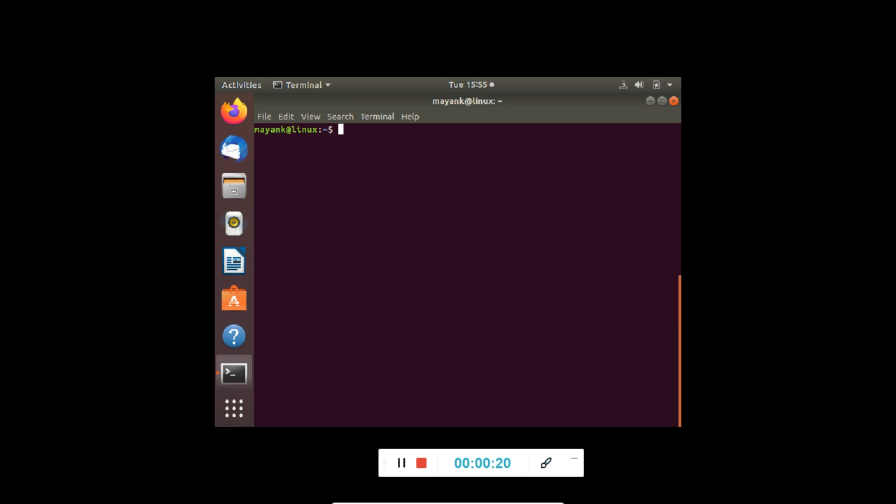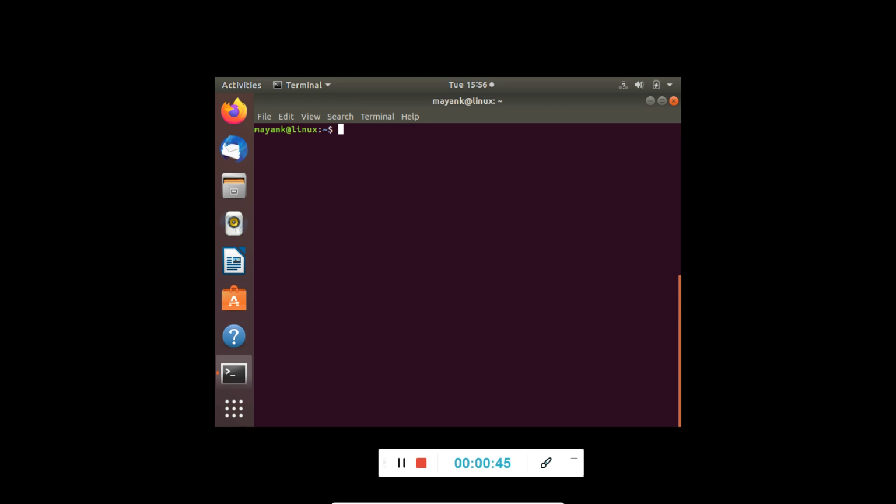Now we will start with more advanced features of Linux, and how different users can be added into the Linux system, and how we can manage the permissions for a particular file or for a particular directory. What are different permissions for a user, what are different permissions for a group.